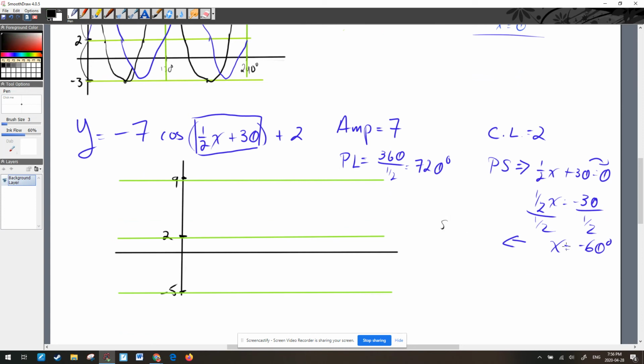Now, this says to the left 60 degrees. So I'm going to come over here and say, all right, there is about 60 degrees. Now, we've got a period length of 720 degrees. So that means if I were to start at 0, it would take me out to 720. But I'm not going to start at 0. I'm going to start at negative 60. So I'm going to take negative 60 and I'm going to add 720 degrees to it. So 720 plus negative 60 or minus 60 is going to take me to, I guess that would be 660